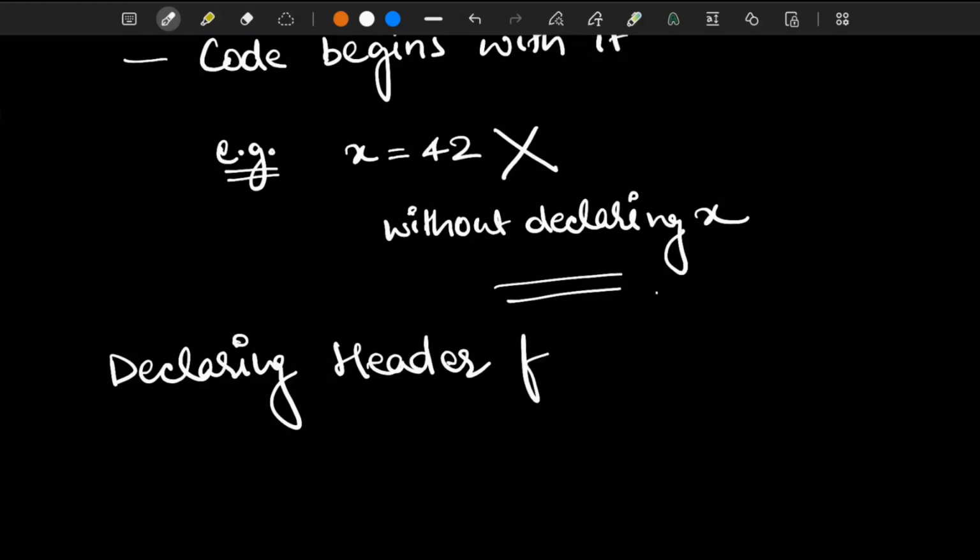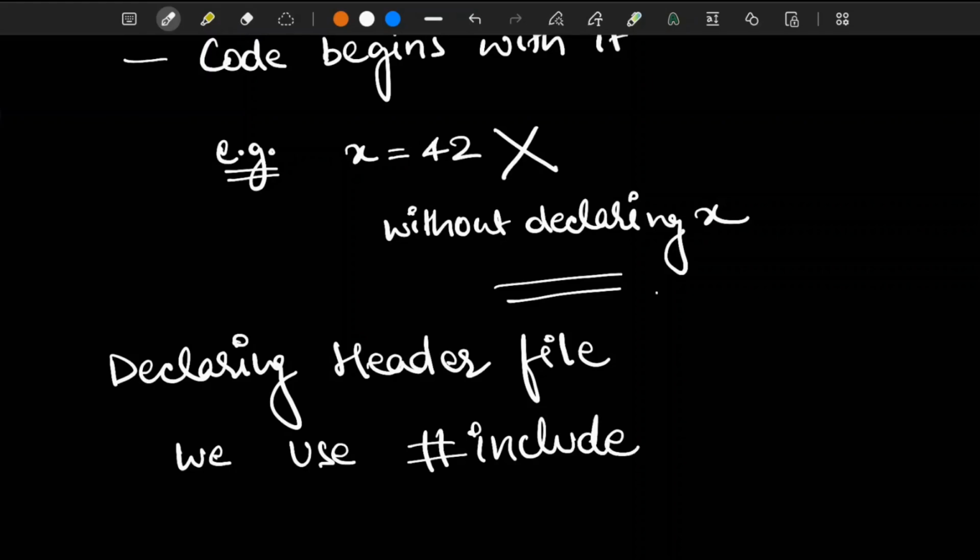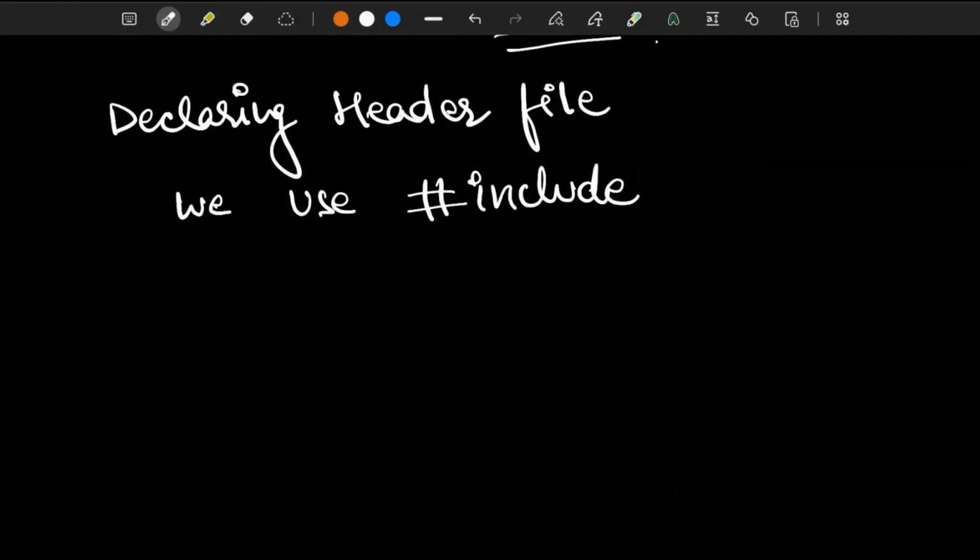To declare a header file, we use the #include directive in every CPP file, or we can say C++ file. This #include is used to ensure that they are not inserted multiple times into a single C++ file.